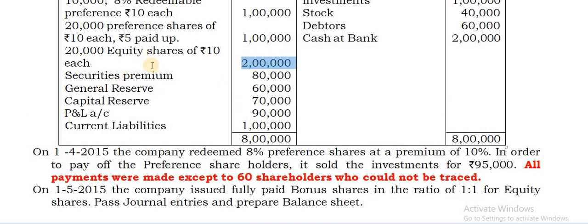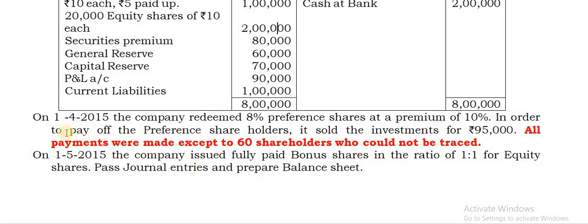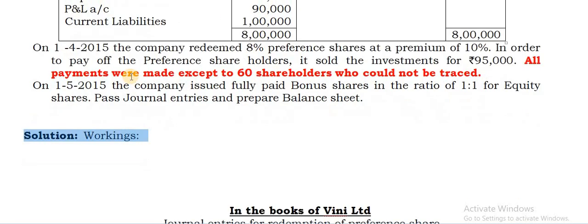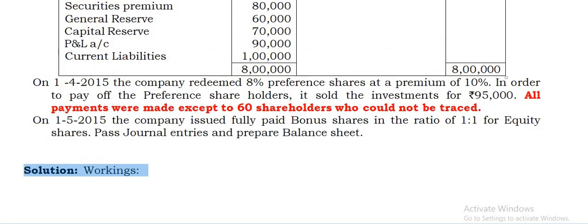So old shares are there, 2 lakhs. Now for every one share, 1 share, that means the bonus shares also will be 2 lakhs. Bonus shares also will be around 2 lakhs. So where from it is to be taken, that we shall see and decide. Now you can go for a solution. Take a working note.